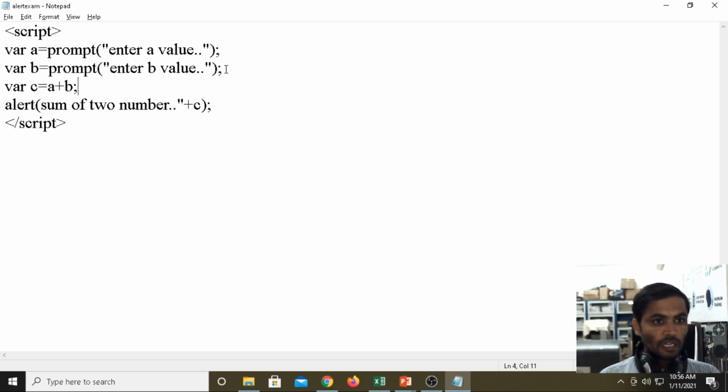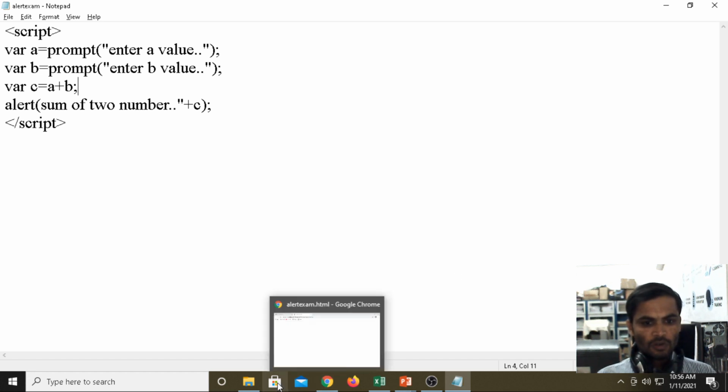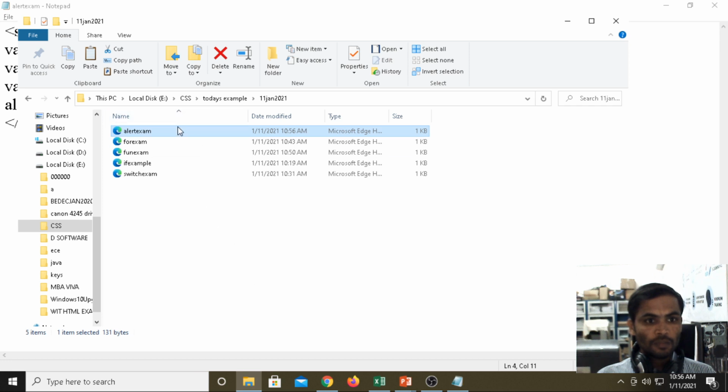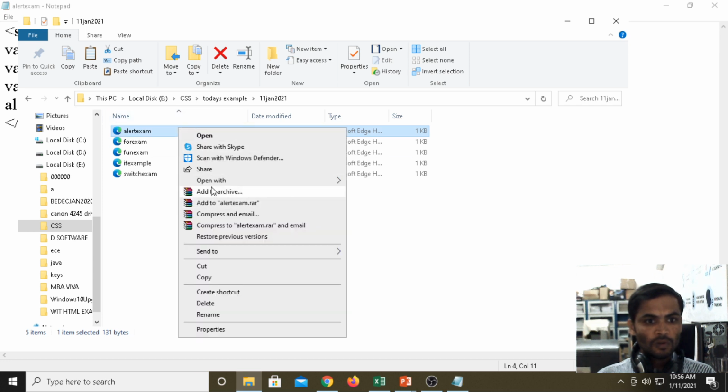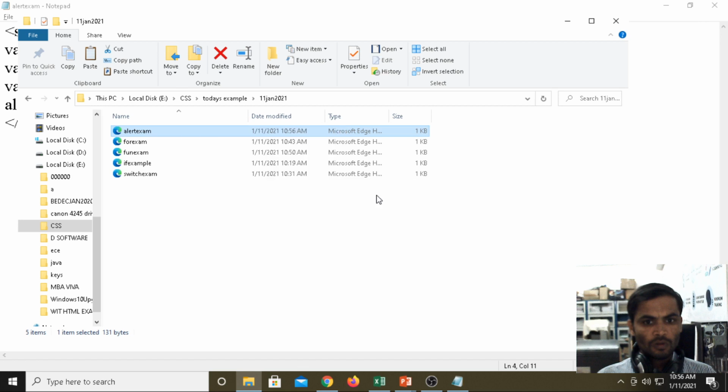Now see here, Control S, then run the program in Google Chrome.